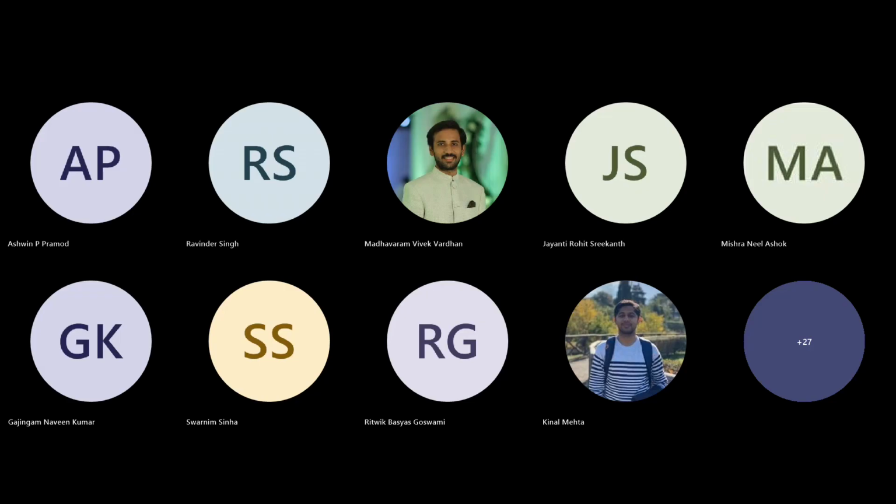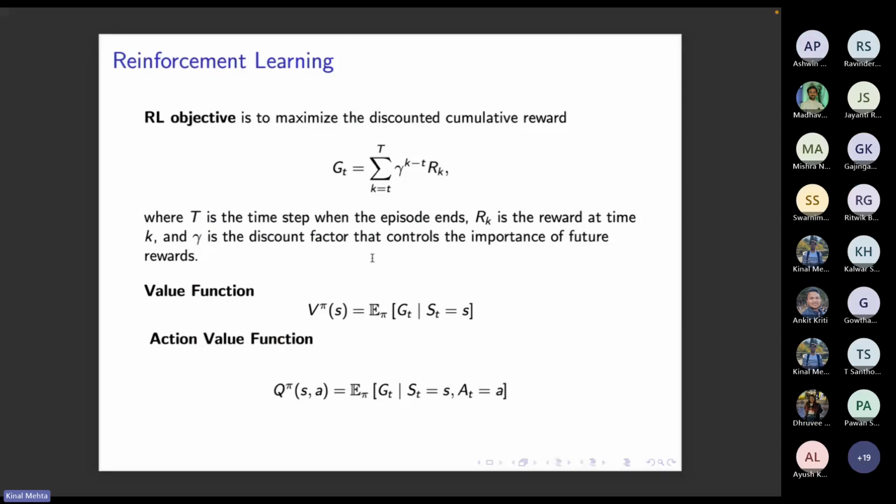The agent interacts in the environment sequentially, making decisions and learns to take optimal decisions. So the RL objective is to maximize the discounted cumulative reward, which is defined by R, where gamma is the discount factor. Here, say an episode consists of T time steps. The agent interacts over there, taking T different actions at every time step and receiving some rewards. And then G_T is basically the sum of all the rewards received